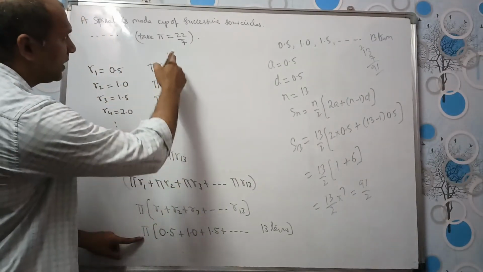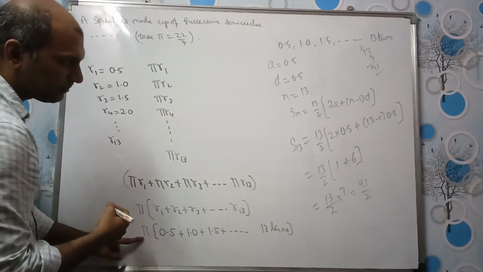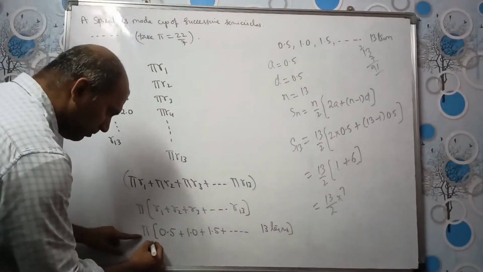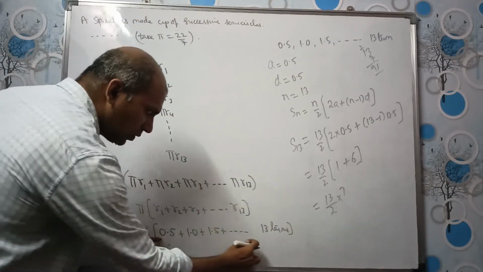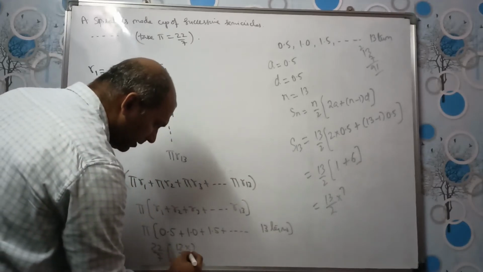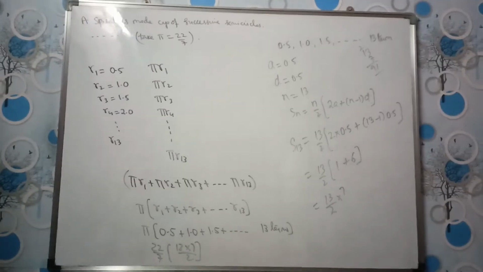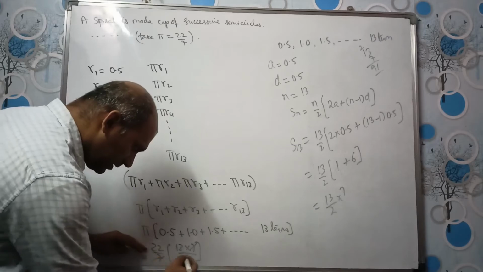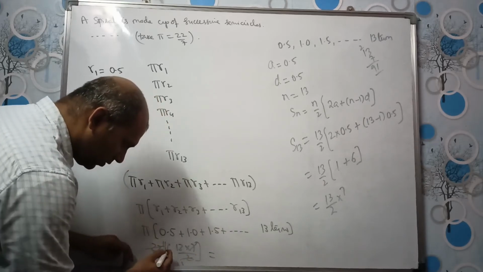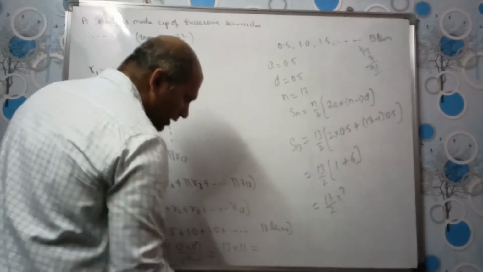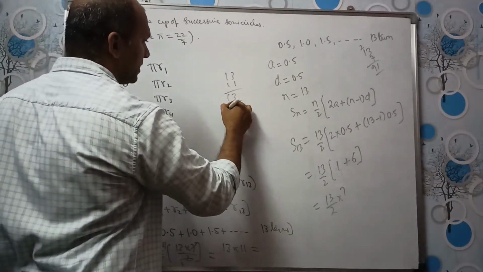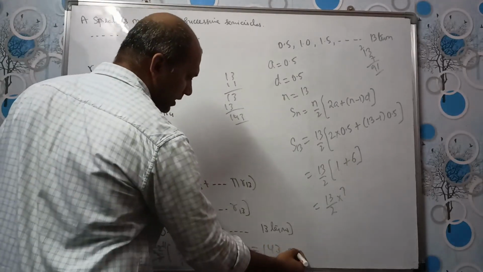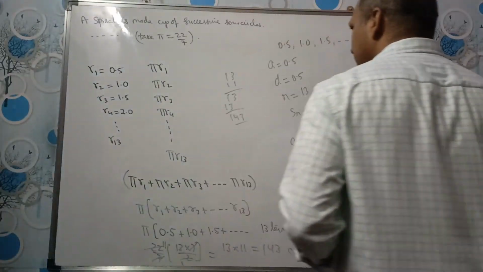91 by 2. So we are given that take pi as 22 by 7. Or let us take 13 into 7 by 2 only. So pi is 22 by 7 and this whole thing we got as 13 multiplied by 7 by 2, right? So 7 will get cancelled here, and the 2 goes 11 times, and we have 13 into 11 finally. 13 into 11 is 143. So 143 centimeters of wire is needed to make such a spiral.